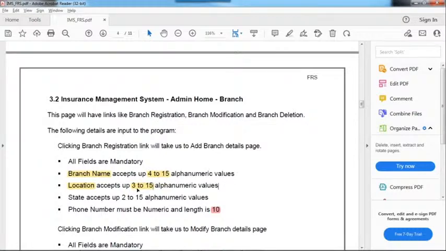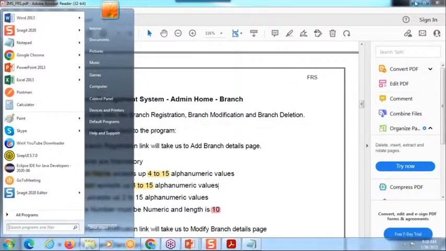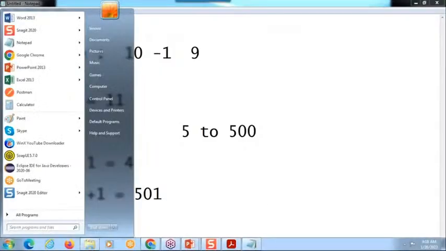So 3 minus 1, 2 characters, should not be allowed. 15 plus 1, 16 characters, should not be allowed. While testing, you need to check all the things, whether it allows values within the range or not. This kind of testing we call boundary value analysis. This is one technique we use to test that field. Understanding, right? Is it clear? Okay, good.